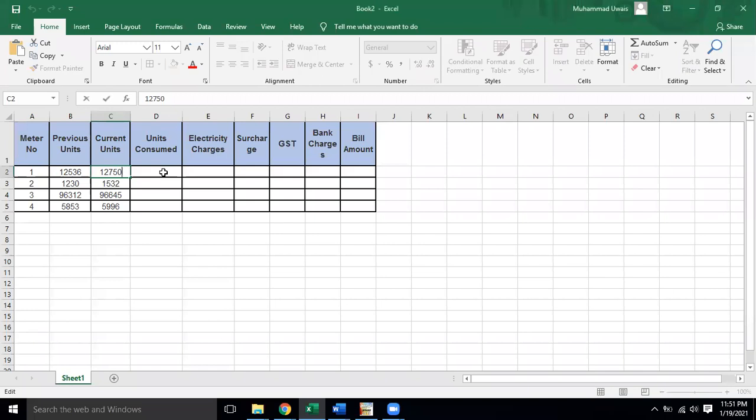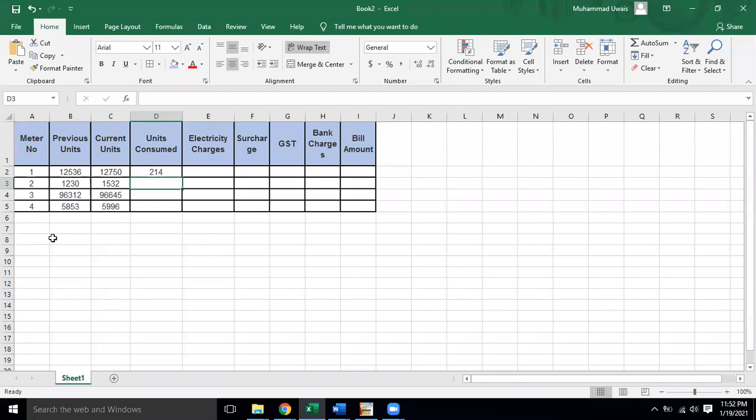Sir, we will subtract the previous reading from the current reading. This is so simple. We will subtract the previous reading. The previous reading will be less and the current reading will be high, because when we consume more, of course the current reading will be high. This value is the current reading minus this value, the previous reading. In this way, we can calculate that during the month we consumed 214 units.